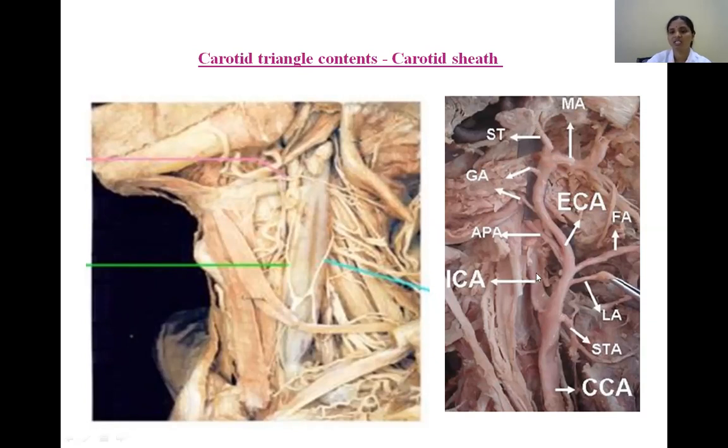So this much we can see in the neck dissection. Okay, this is about the external carotid artery. The internal carotid artery does not give any branch in the neck, and it lies in the carotid sheath along with the internal jugular vein and ascends to the base of the skull, where it leaves the neck through the carotid opening, which is otherwise called the carotid canal. Okay.